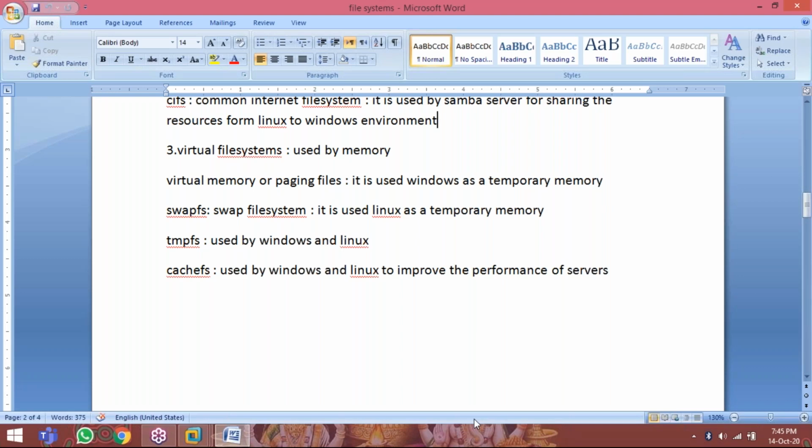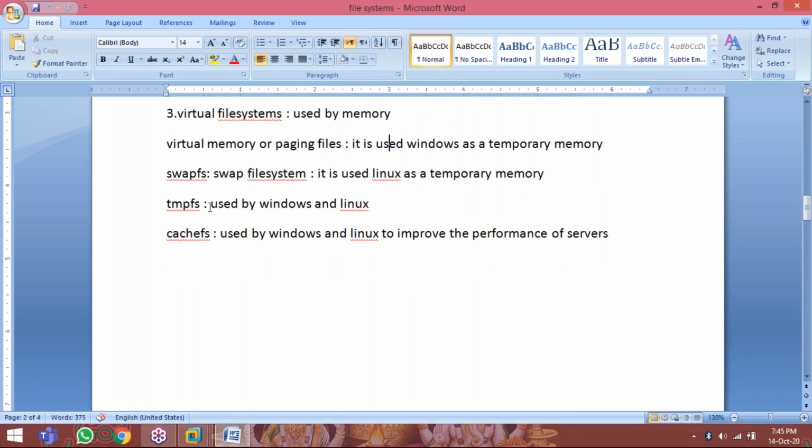So Windows automatically chooses virtual memory. We can call it paging files. But in Linux, we have to give the virtual memory. That is nothing but swap memory. So these file systems are memory based file systems. Windows we call virtual memory, Linux we call swap memory, and the TempFS.